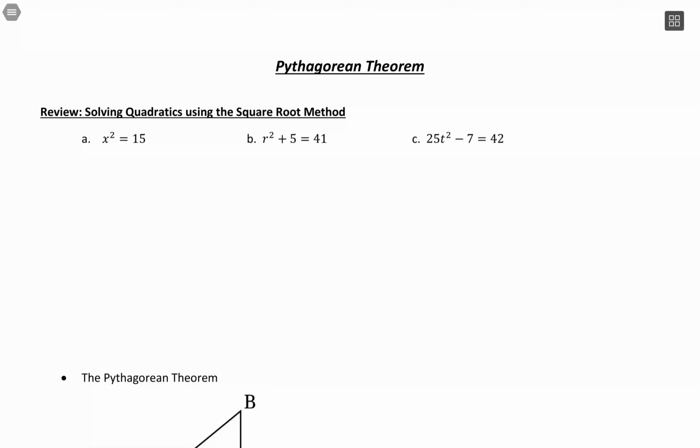In this video, we're going to talk about the Pythagorean Theorem and how it applies to right triangles. But before we can jump into that, let's review solving quadratics using the square root method. Since this will come up in solving right triangles, we'll need to know how do we take something that's squared